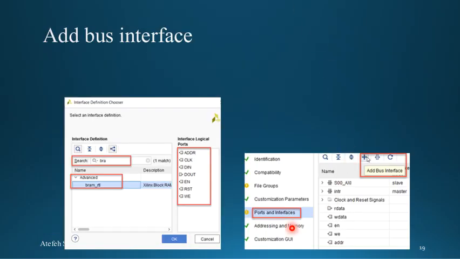In the next step, we want to add an interface to our design. For example, we want to group all these R data, W data, write enable, or address signals of the main module into a new interface. Because of that, we will first go to the port and interface part, and then choose the add bus